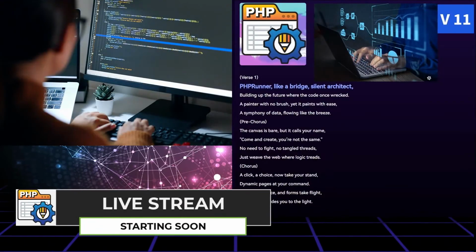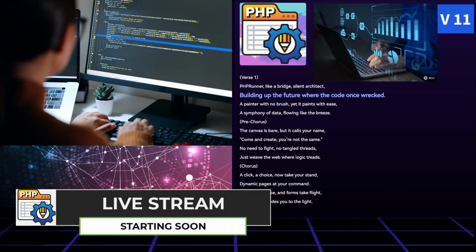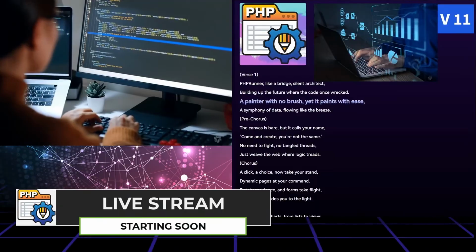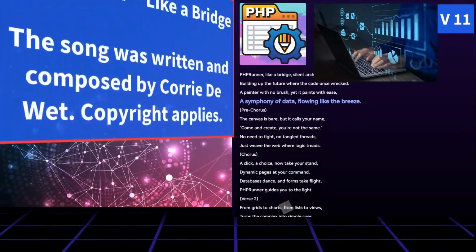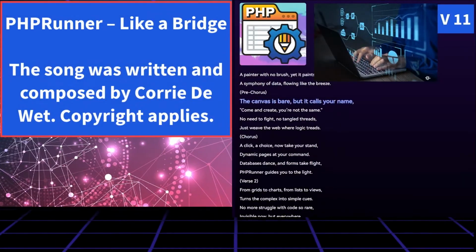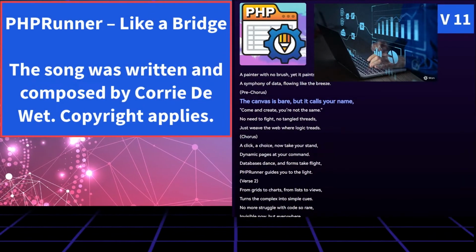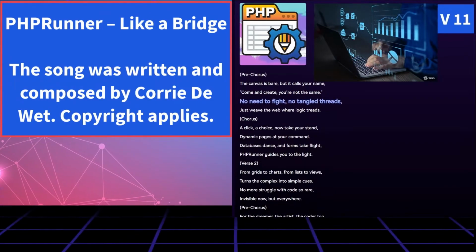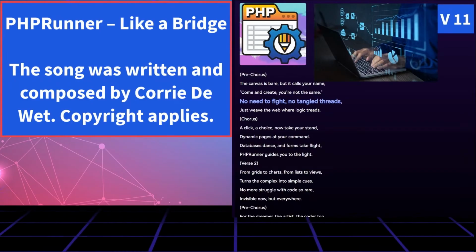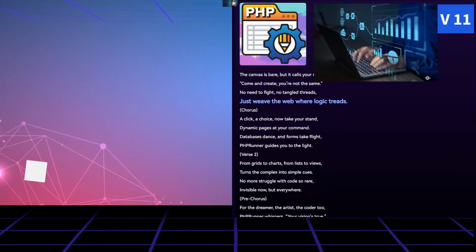PHPRunner, like a bridge, silent architect, building up the future where the code once wrecked. A painter with no brush, yet it paints with ease. A symphony of data, flowing like the breeze. The canvas is bare, but it calls your name. Come and create, you're not the same. No need to fight, no tangled threads. Just weave the web where logic treads.